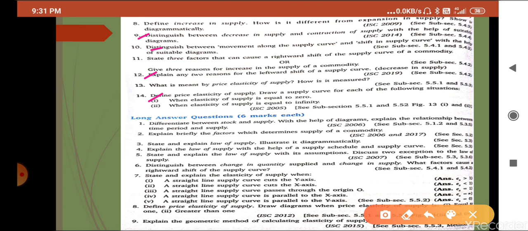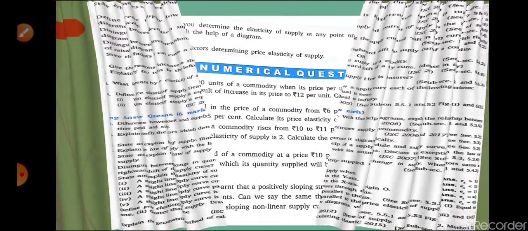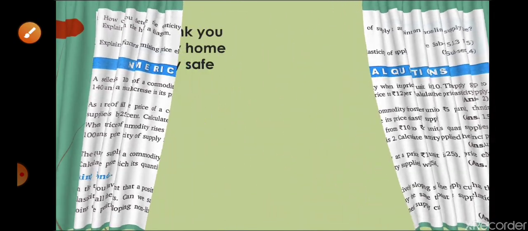Long answers, total questions in the book are 11. So you will complete question number 7, question number 3, question number 1 and 9, these 4 questions, and one more, question number 11. And with that, numerical problems you have to complete all. And all these answers you have to complete in your fair notebook.